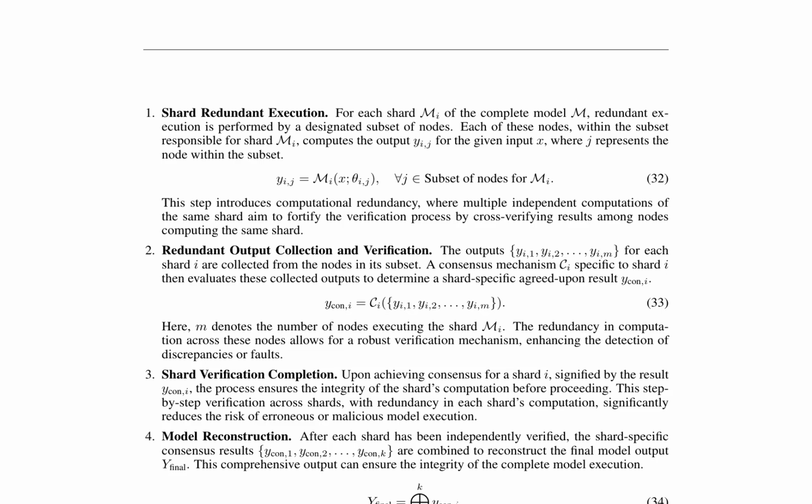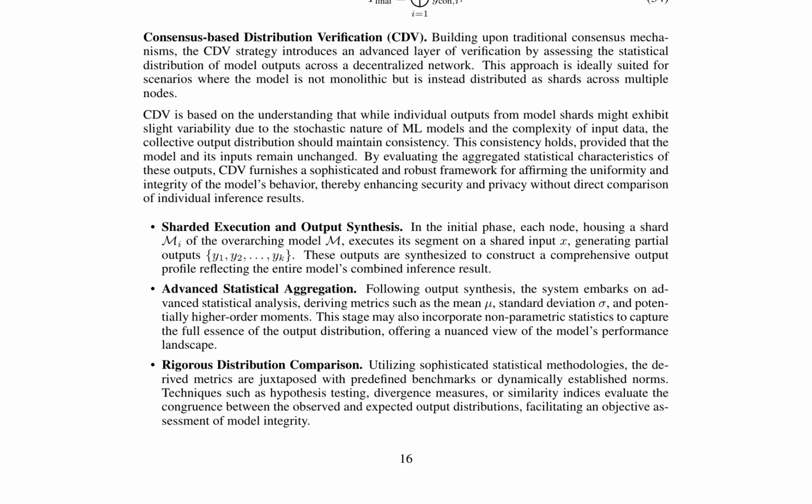The consensus-based distribution verification (CDV) strategy assesses the statistical distribution of model outputs across the decentralized network, evaluating the aggregated statistical characteristics of the outputs using metrics such as mean, standard deviation, and higher-order moments. The CDV process involves sharded execution and output synthesis, followed by advanced statistical aggregation and rigorous distribution comparison. This approach enhances security and privacy without direct comparison of individual inference results, ensuring the integrity of the complete model